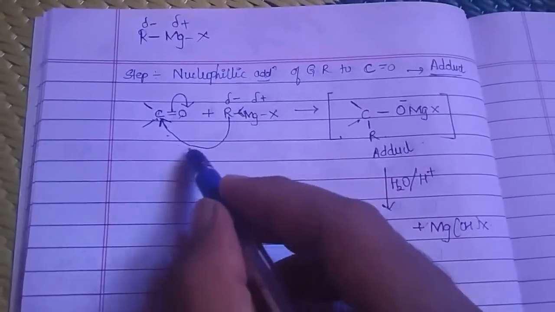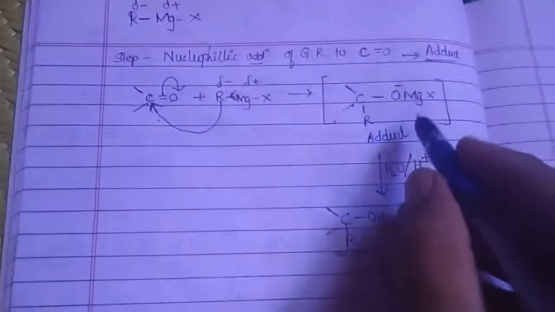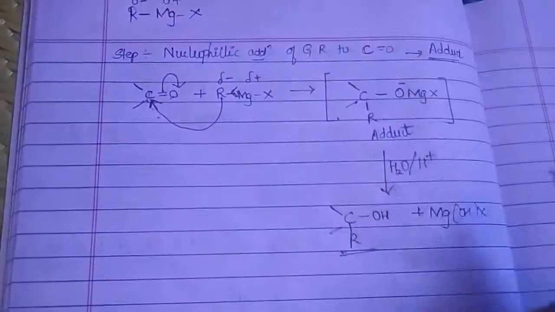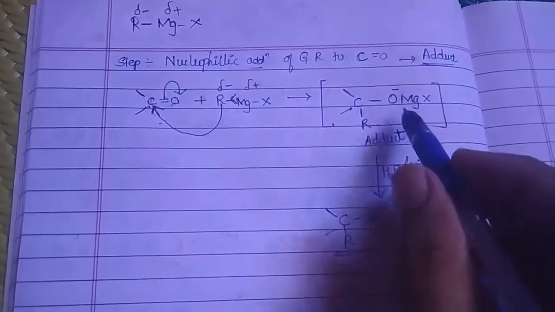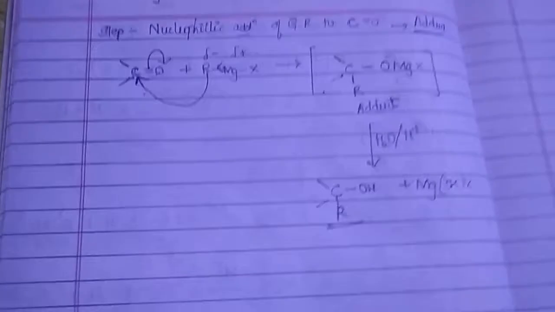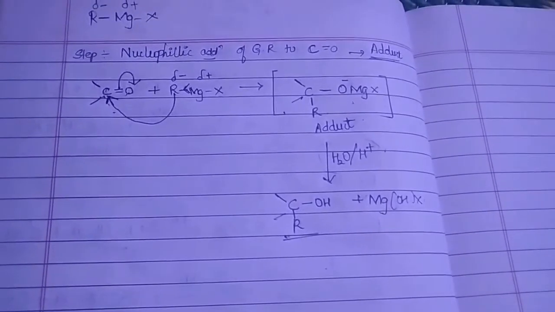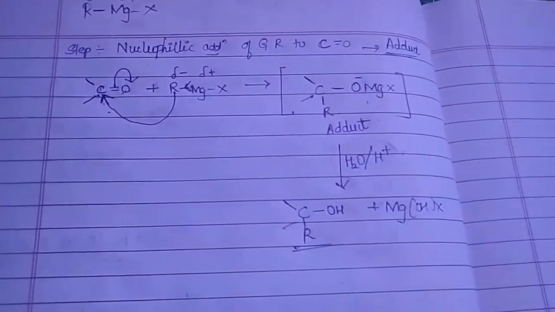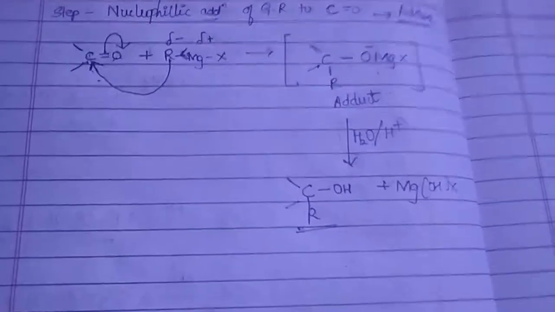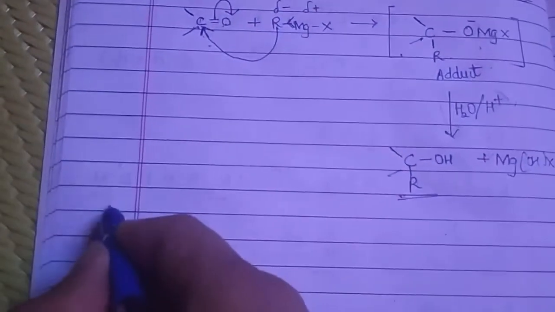So when that nucleophilic addition takes place, what will it first give? It will give you an adduct. Then acid hydrolysis of the adduct gives us the corresponding alcohol. Again and again, when I was dealing with how we prepare from the Grignard reagent, I kept mentioning the corresponding alcohol. Why is it so? Remember guys, here are some important points you have to remember. The first point.